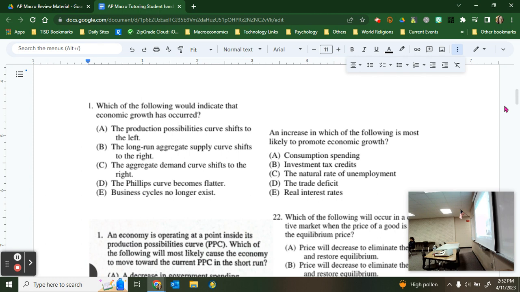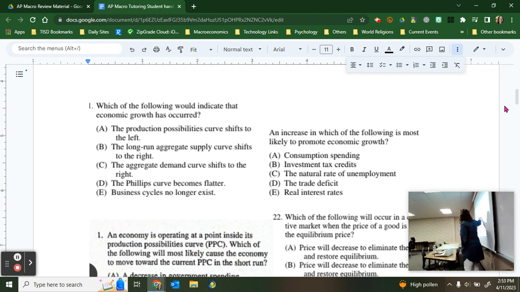Did anyone draw little up arrows next to every single one of their answer choices? Because that would be a great test-taking strategy, Madison. Thank you. Yeah, to have little up arrows so you remember which direction these things are going in. Because some questions will say a decrease in which of the following, while some of them say an increase in which of the following. And if you flip-flop the direction that it's going as you're reading the question, you are not going to be successful.